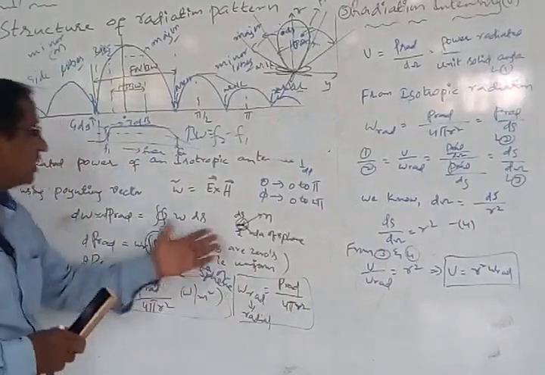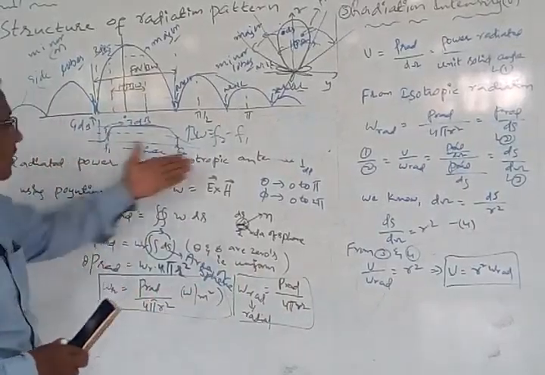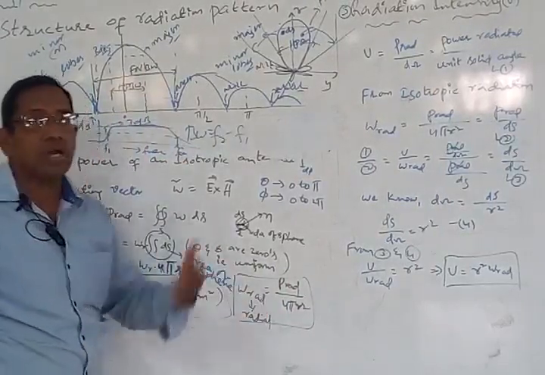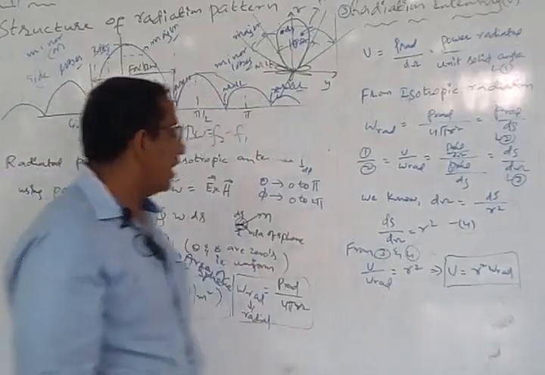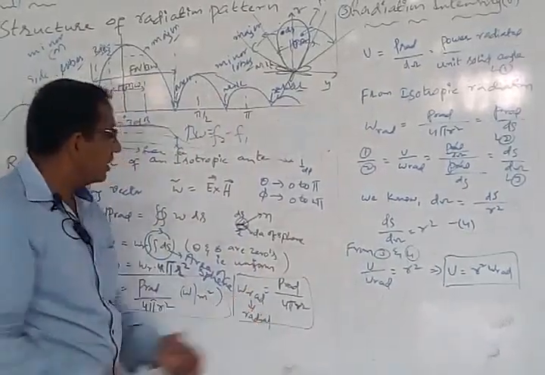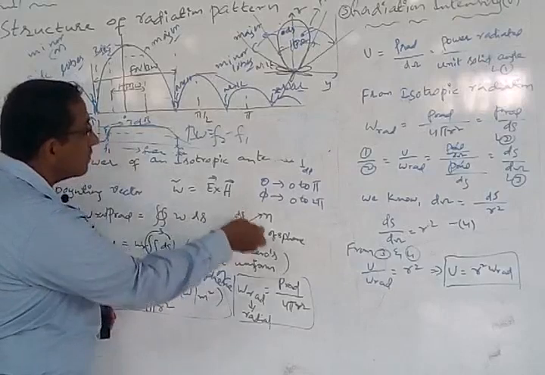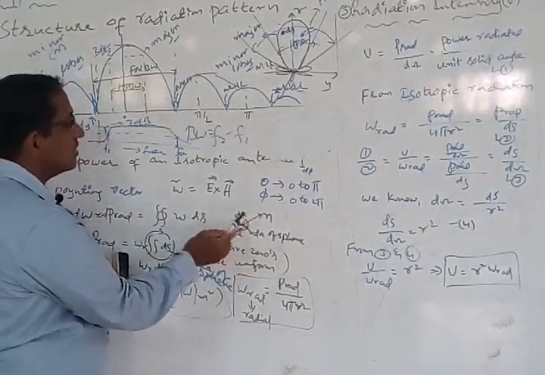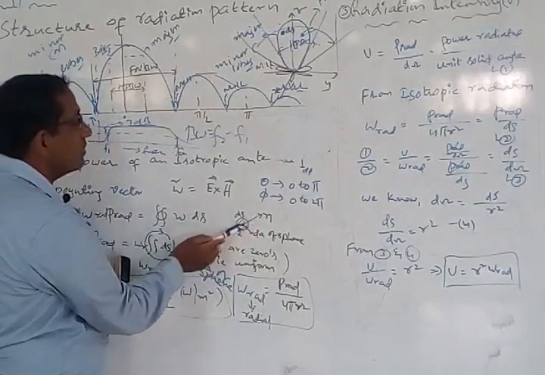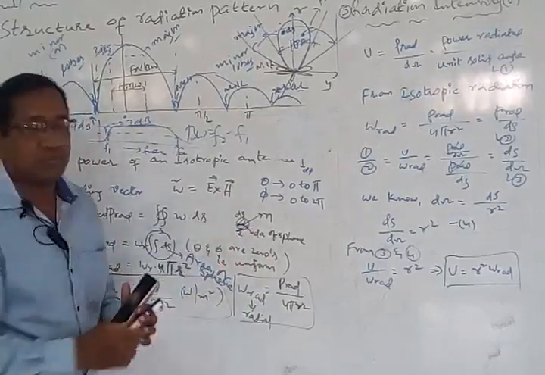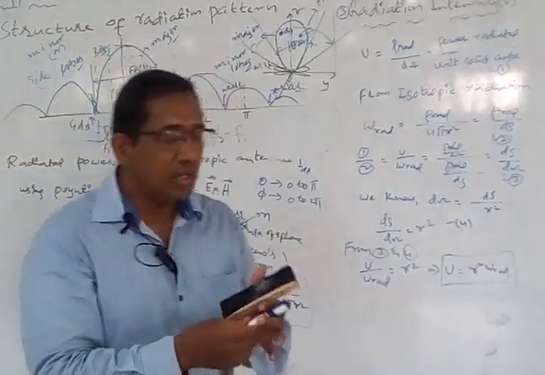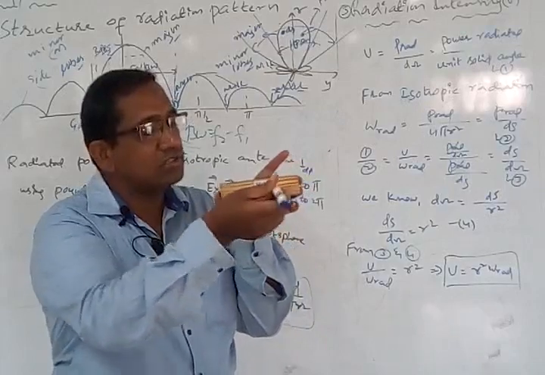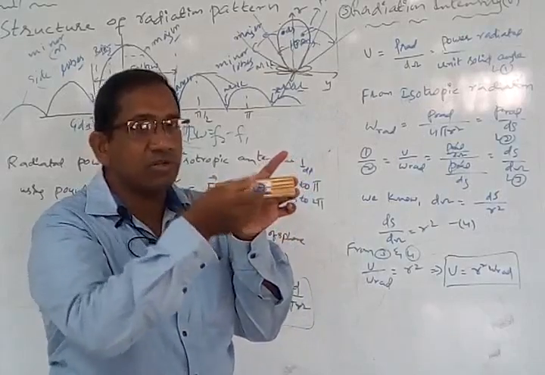Okay, so this is the equation we get from the radiated power of an isotropic antenna. This is the radiated power equation from an isotropic antenna, where this is nothing but the radial power coming out of this surface. Now imagine this is the surface, where n is the unit vector normal to this particular surface. That means the flux lines will always be flowing normal to the surface. If you imagine it is a surface, normal to this surface the electric flux lines will be flowing. That is what our consideration is.